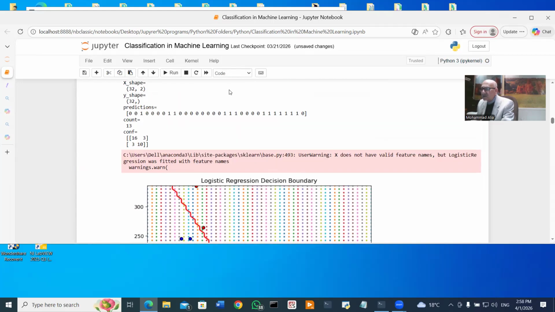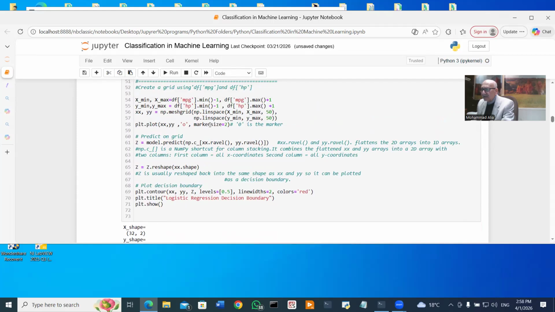And as you see, what we have done is we have created the mesh grid, x, x, y, y, and I have plotted it and shown the points of intercept as o. Of course, this shape could be changed also to x or any shape you want as a marker. And now I have to find the ordinate, the z value, which is the predicted values. So the model, I call the predict value for each of these points,